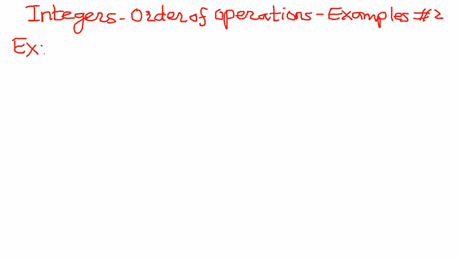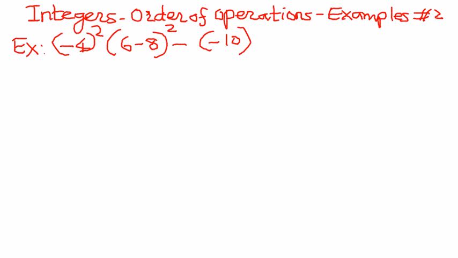In this example, we have negative 4 raised to the power of 2 times (6 minus 8), this whole thing raised to the power of 2, minus of minus 10, this divided by 5, like that. Okay, so as step number 1,